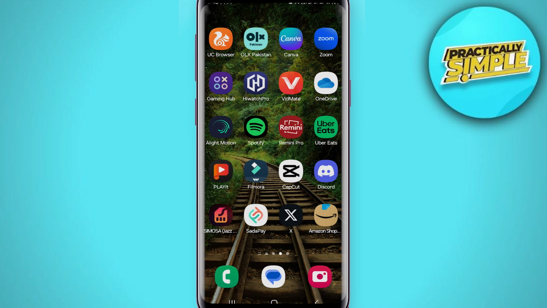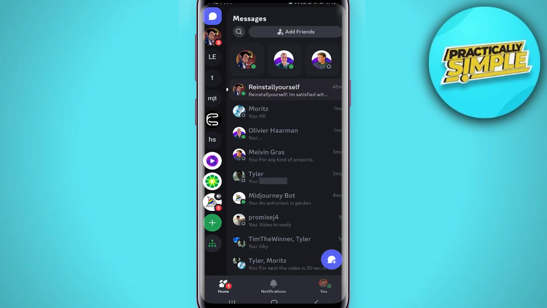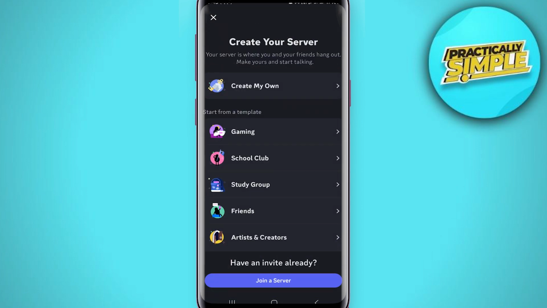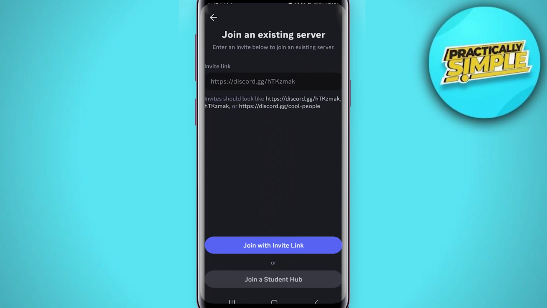First of all, open up your Discord application and then hit the plus icon on the server list. So as you can see in the left side, there are servers and then this green plus icon. Just tap on it and then this comes up. You can see create your own server or have an invite already. So simply tap on this join a server and now you want to type in this exact thing,